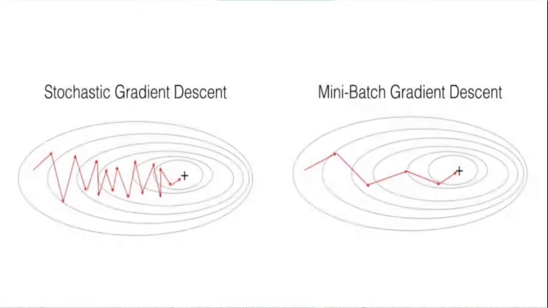So here is a small comparison between those algorithms. Depending on the batch size, the update can be made less noisily, as you can see in this graph. The greater the batch size, the less noisy the updates of the parameters are to get to the lowest loss function. And the mini batch gradient descent attempts to find the balance between the robustness of stochastic gradient descent